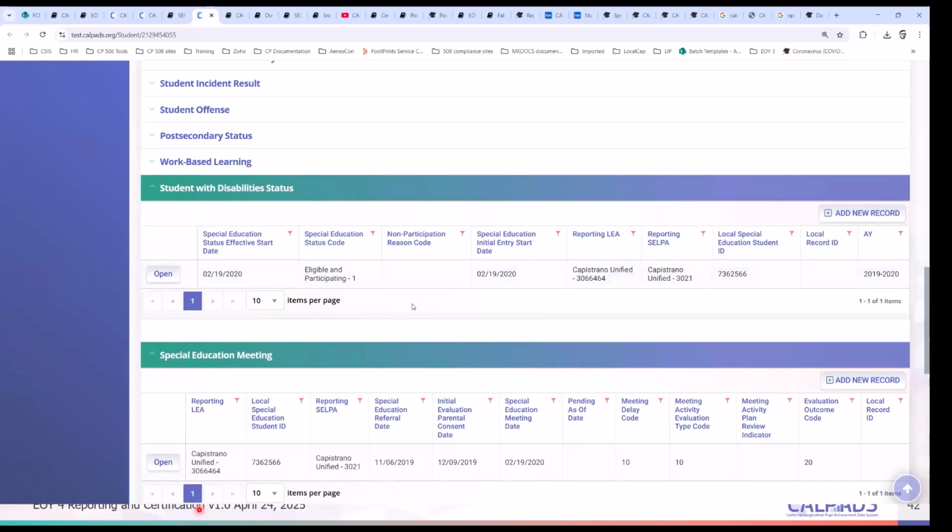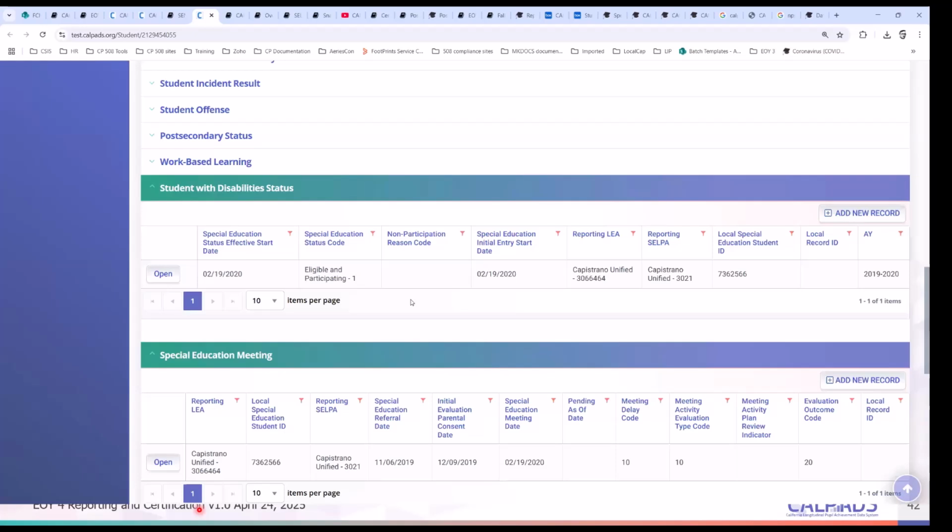So with that, that gets you off the hook with regards to reporting the student, right? However, if the student is eligible, you still have to internally on your SPED side reach out to the parents and ask if they want to be provided services, right?